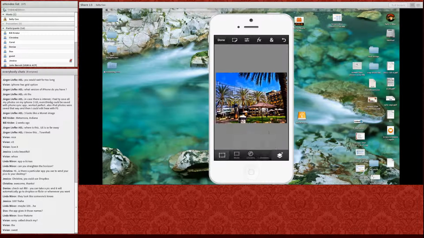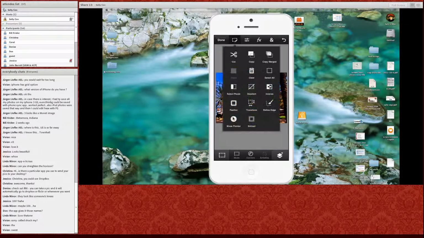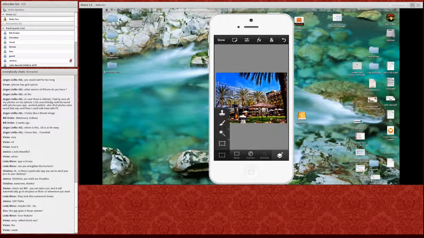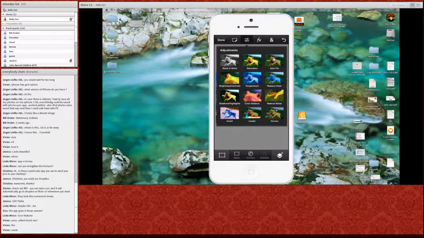So here I just want to point out some of the tools that you have. You have the clone stamp, a healing brush, a blur tool, a smudge tool, and a bunch of different kinds of brushes. Here's an effect brush, so you could paint an effect in just one area if you wanted to. You have a spray can, eraser, the magic wand, and a couple different types of